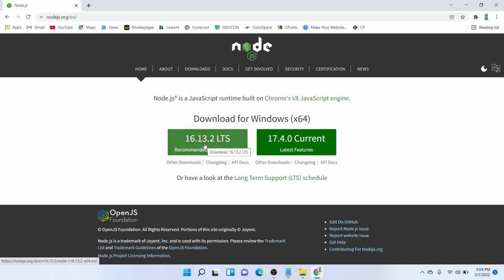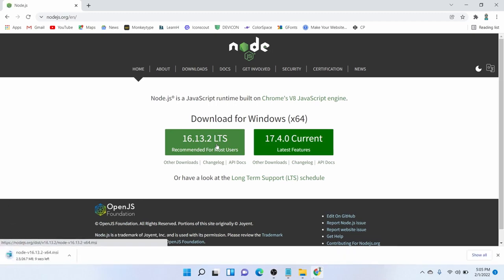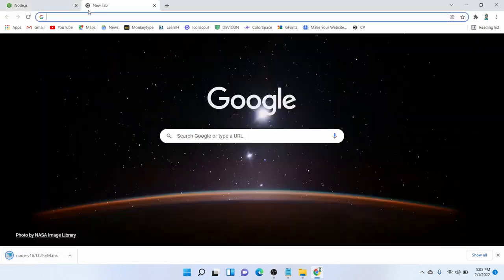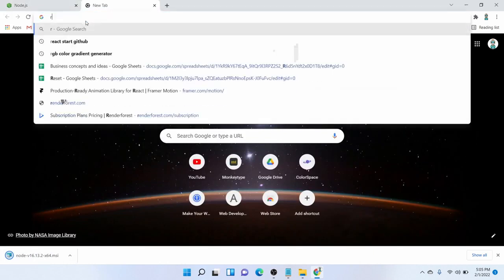This is the stable version that you can install for your PC or laptop, and this will be the latest beta version. I recommend the recommended for most users. You can simply click on it. It will give you a file to start the setup for installing modules. Meanwhile, you can make a search for React